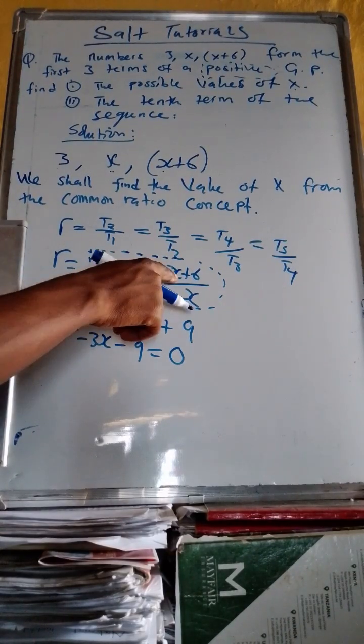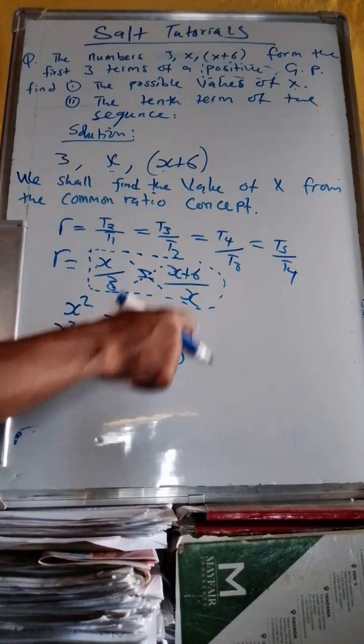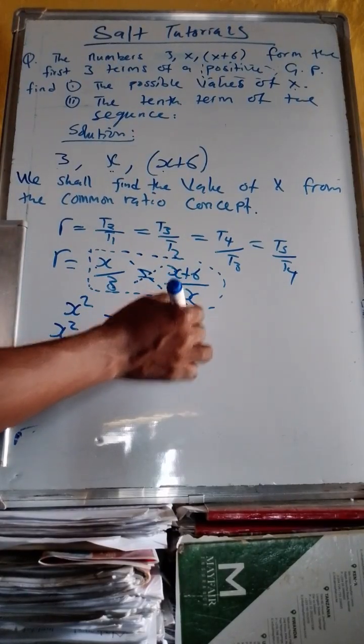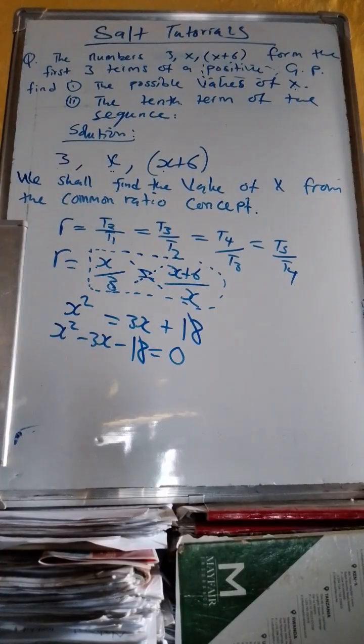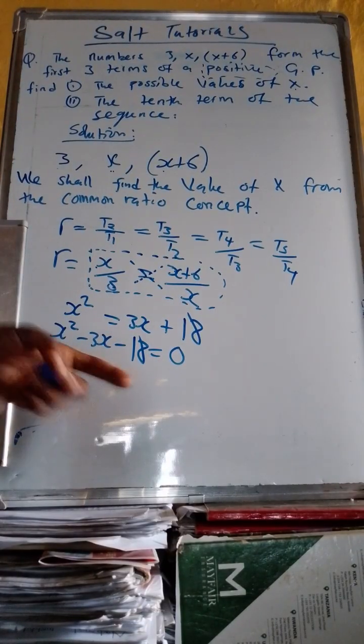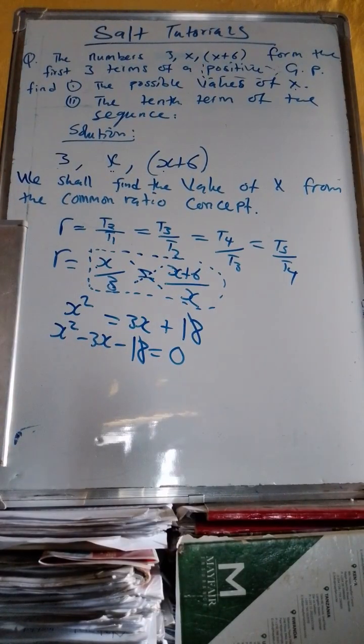Sorry, 3 times x is 3x, 3 times 6 is 18, not 9. Apologies, so this is negative 18. So two numbers, when you multiply them, will give you negative 18, but when you add them, will give you negative 6. That is 6 and 3. One should be negative. So it means we're going to have x squared